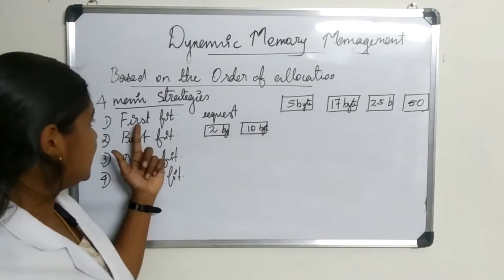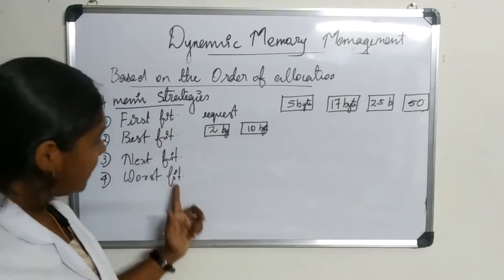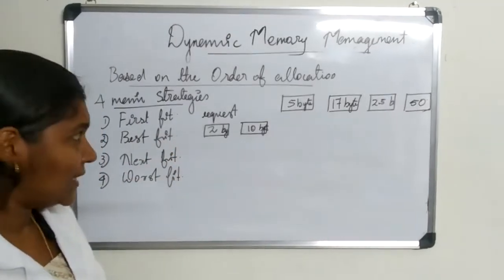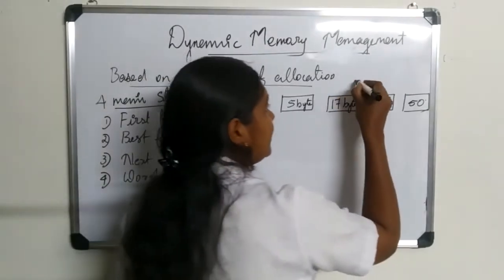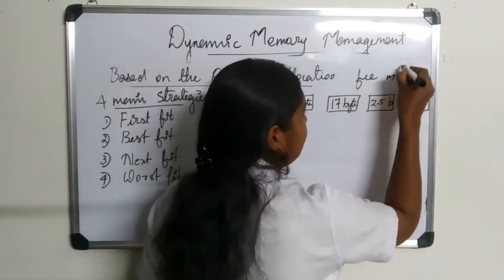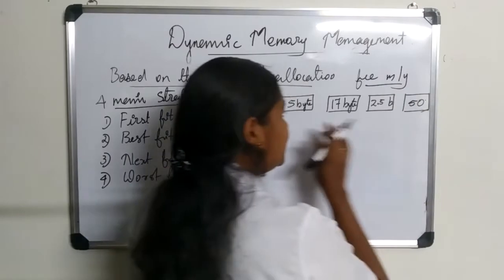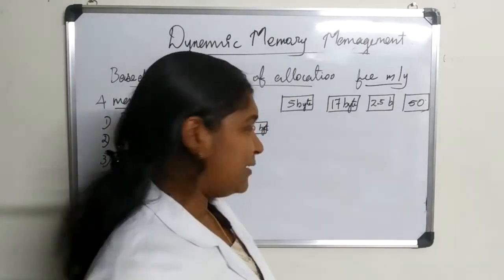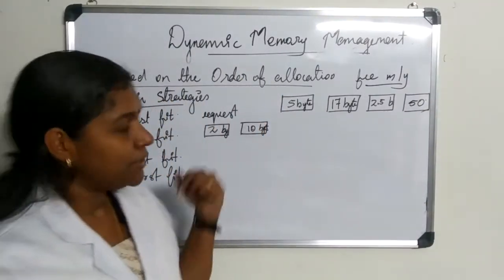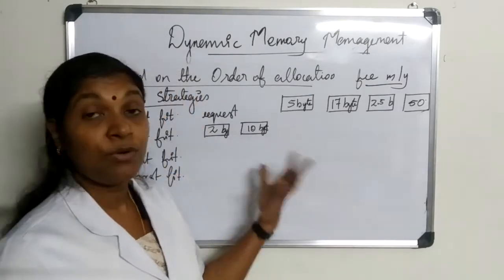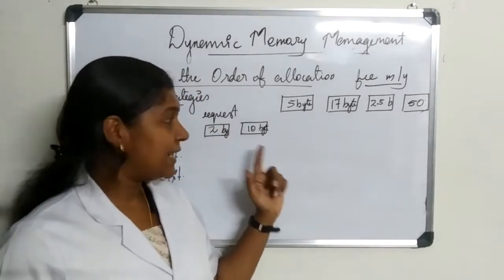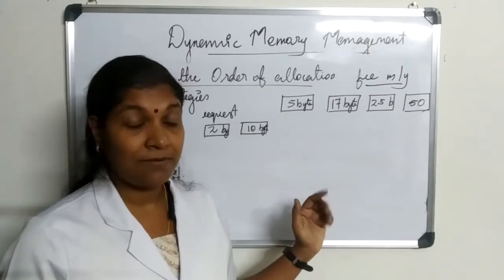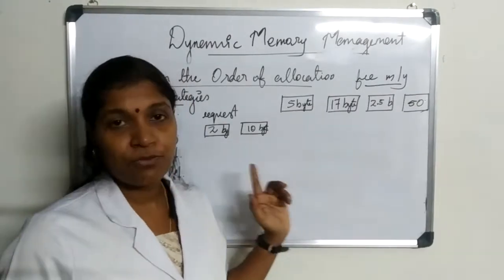Say, let's take the first fit operation. These are the four allocation strategies. Let's take this as the free pool of memory, the free memory available in the system. Suppose this many blocks are available, and these are the two requested blocks. We are going to see in which order each of these four strategies would be handling these two incoming requests.